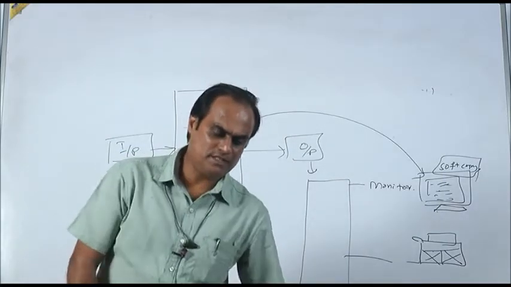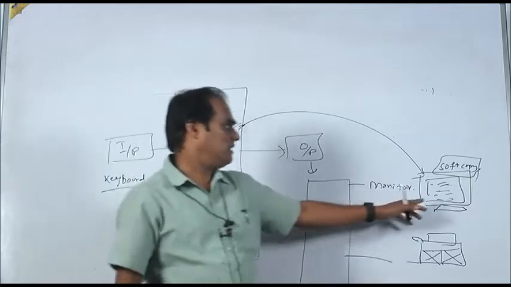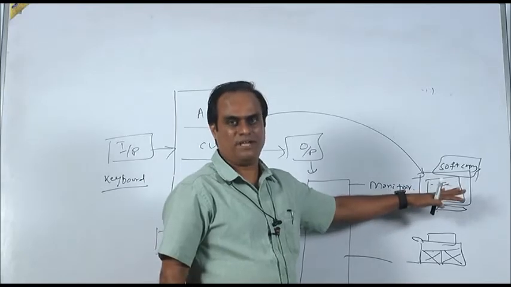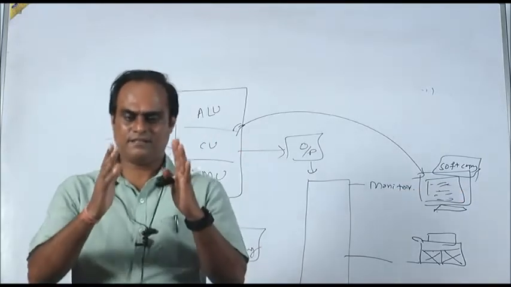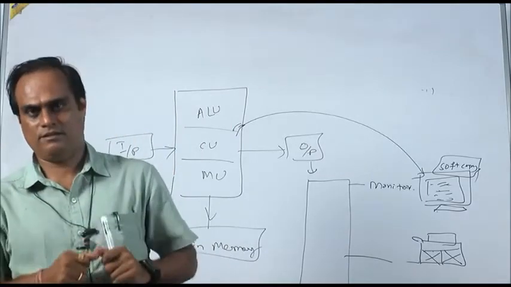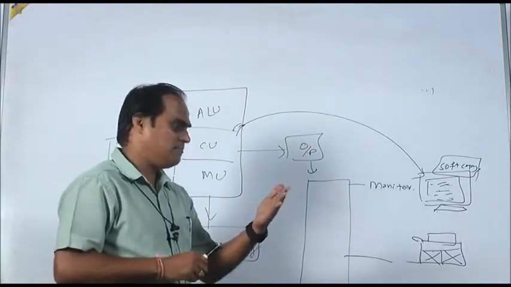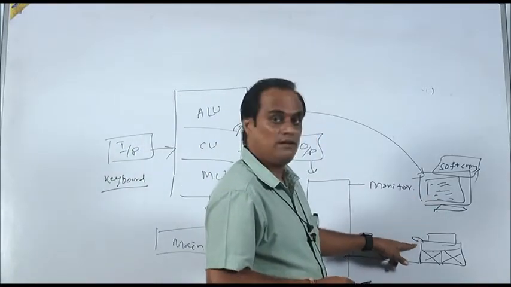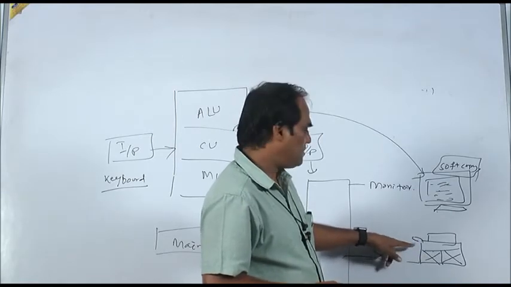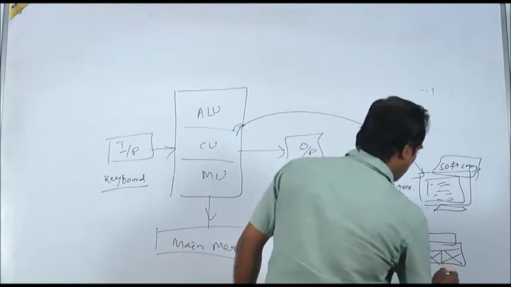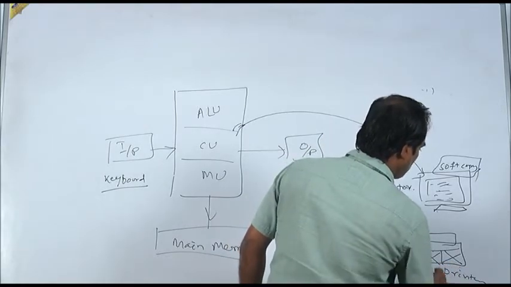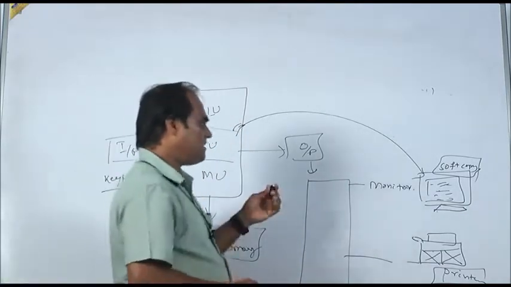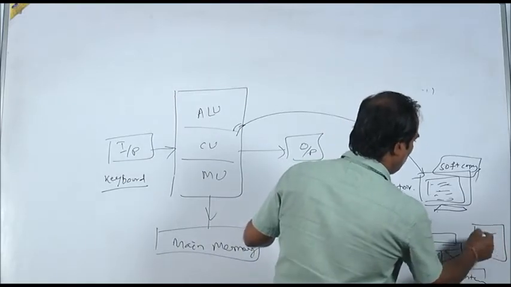A printer is used to get whatever output is visible to the user. Suppose I want to print, that means I will get the result on paper. Okay. So, if I want to get it on paper, how is it possible? It can only be possible with the help of your printer. So, the printer is also a universally used output device for getting the result as a hard copy. Hard copy means in paper format, yes or no.